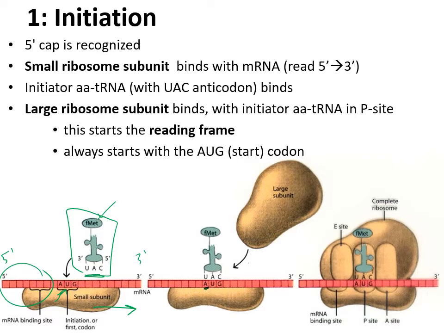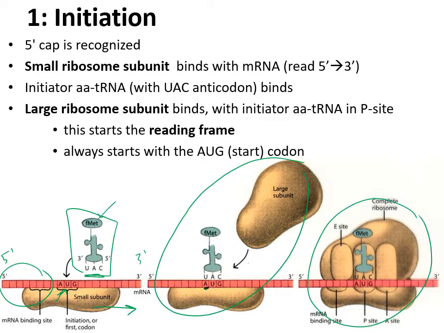So we have our UAC anticodon. Once that first tRNA binds, the large subunit joins in as well, and we have our functional ribosome. The start codon with its anticodon tRNA with the MET amino acid is going to be in the middle, and our A site is ready for the arrival of a new one, and the E site is ready because the whole thing